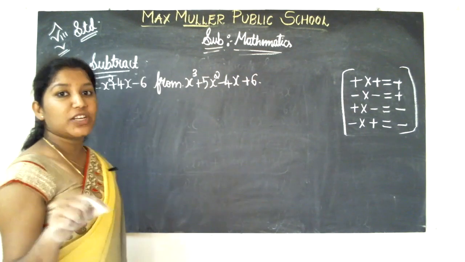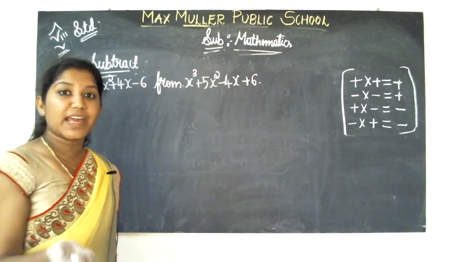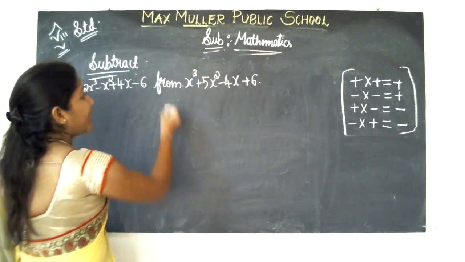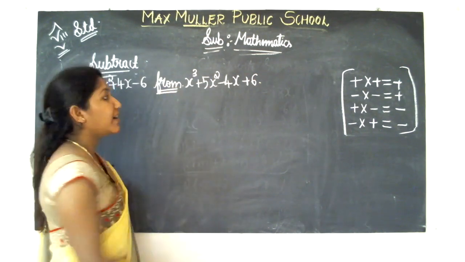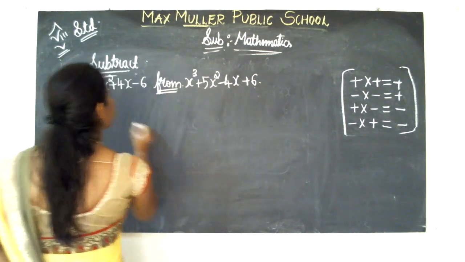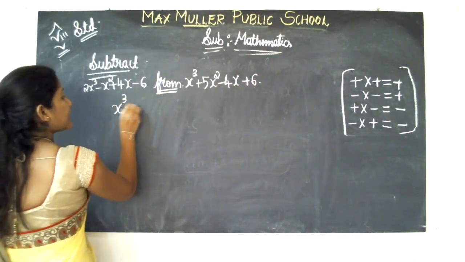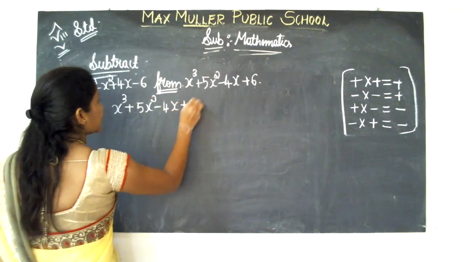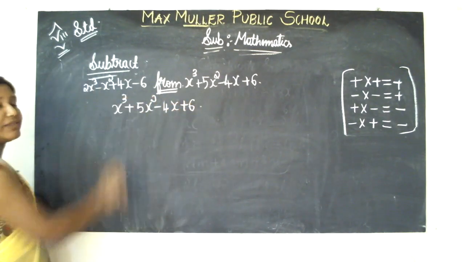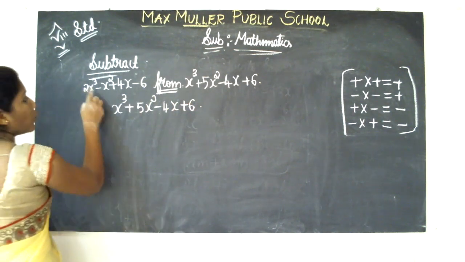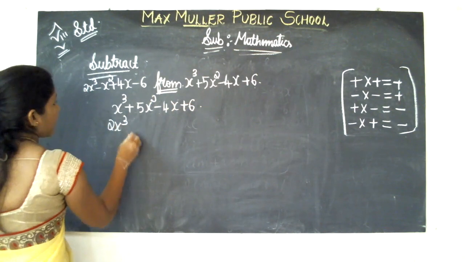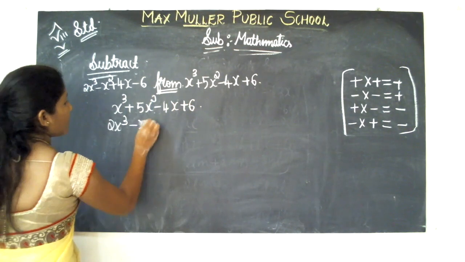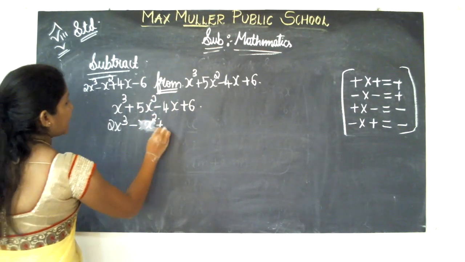Here, in addition, whether it might be 3 expressions or 4 expressions, you were just solving the things, is it not? But here they have given "from", so the expression after "from" you have to write down first. That is x cube plus 5x square minus 4x plus 6. Understood? And then again you have to write these things under like terms: 2x cube, and then minus x square, plus 4x,